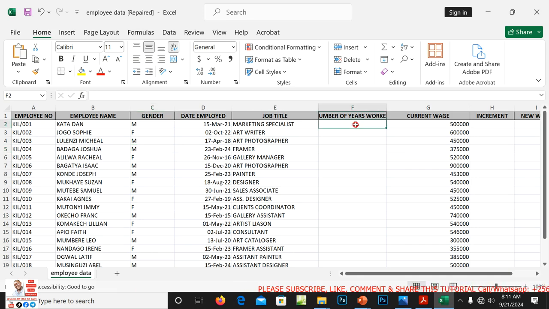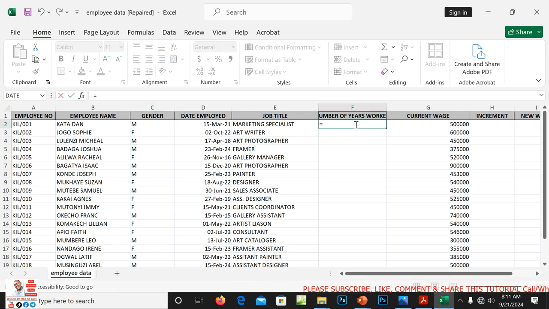So we shall go here and then we shall say equals DATEDIF, open brackets. We choose column D, row 2, because date is under column D, and we are sampling Katadan, who is under row 2.